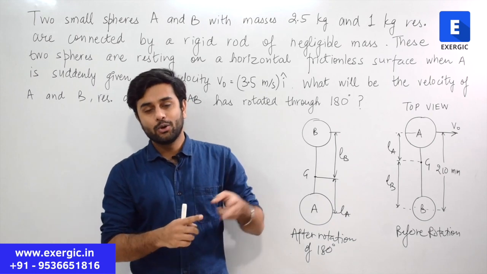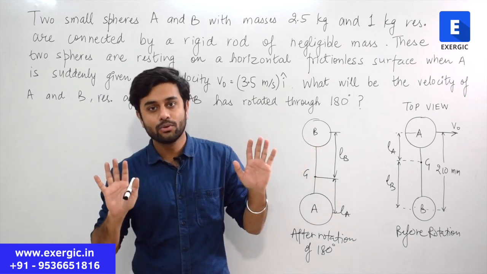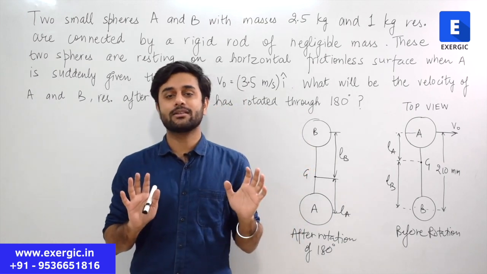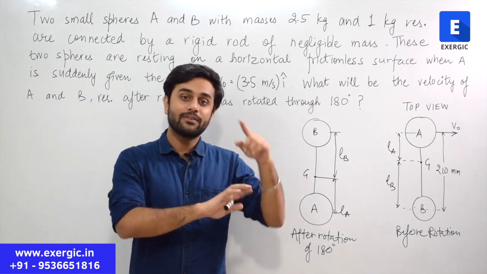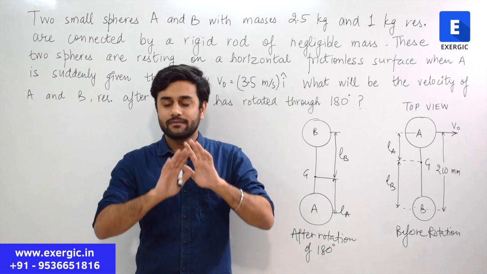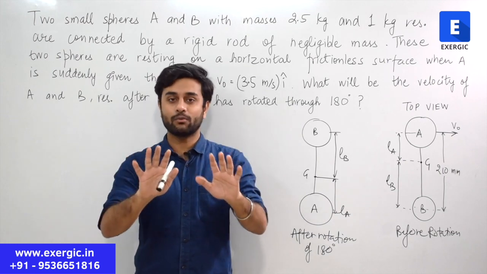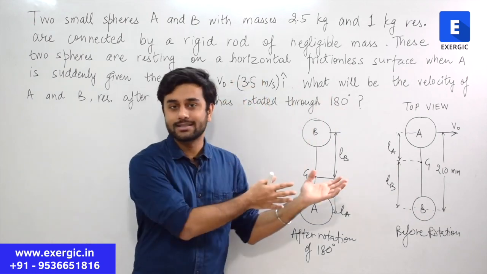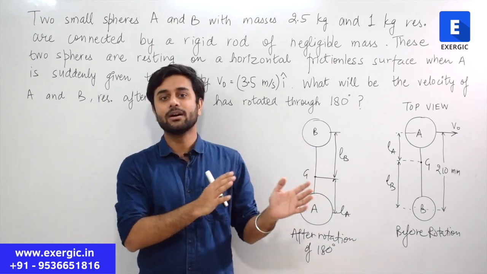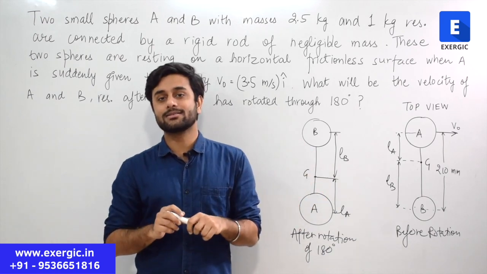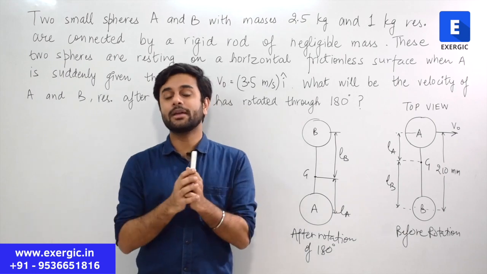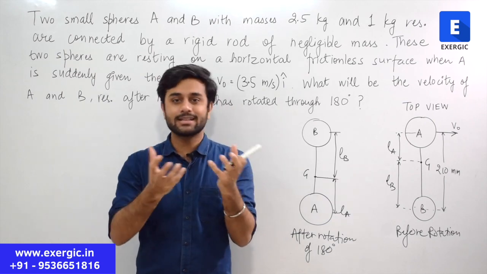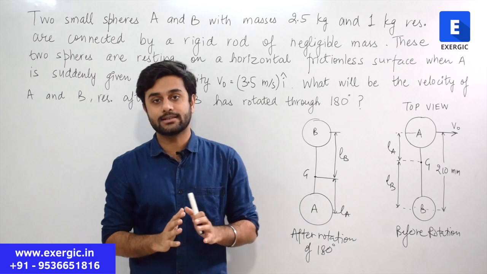Second point, look at the question. What is given to you? Some initial velocity is given. Two masses are given and one initial velocity is given. And what is the question asking you? The final velocity of those masses. Whenever you get such a question, whatever the setting of the masses, they may be connected, maybe they are not connected, a totally different setup is possible. But whenever you have a setup where you have two masses, and velocities are known to you, maybe the initial velocity of one is known or the initial velocity of both is known, but velocities are known and the question is asking you the final velocities,